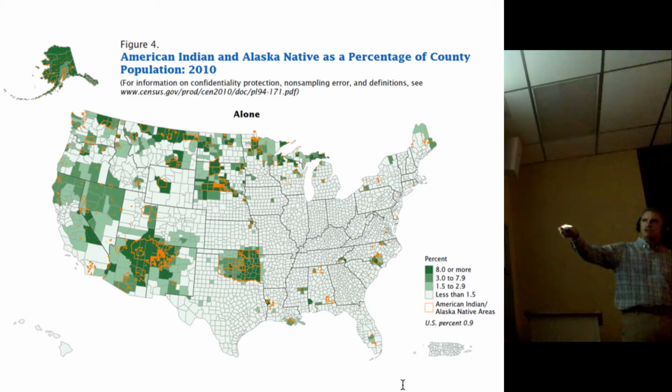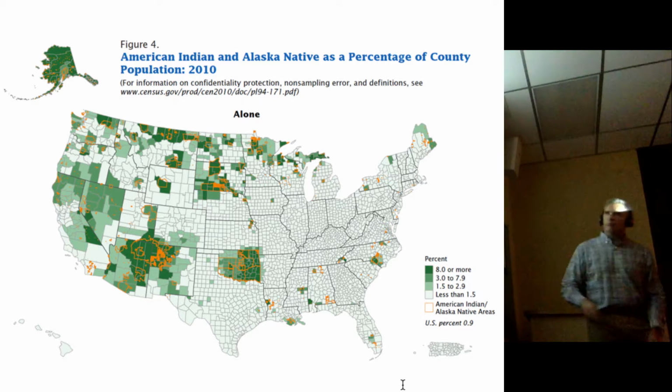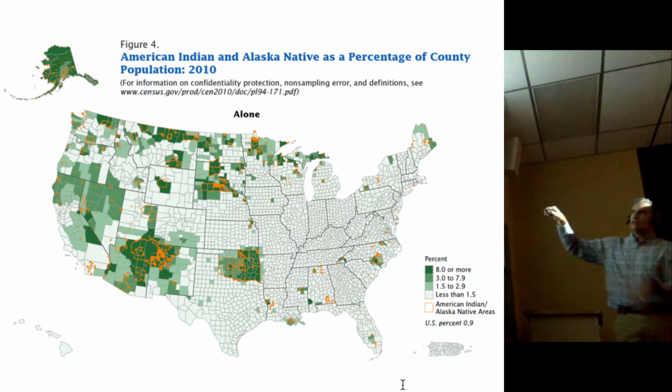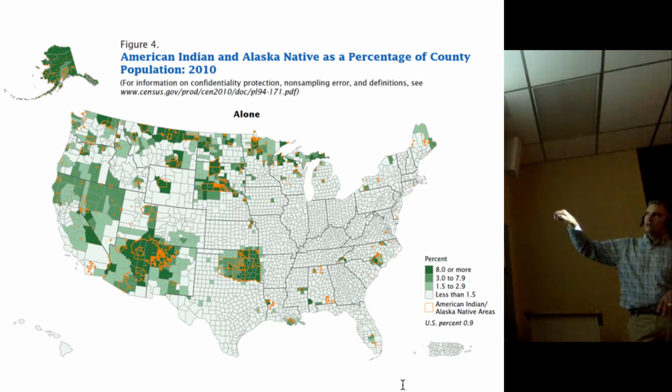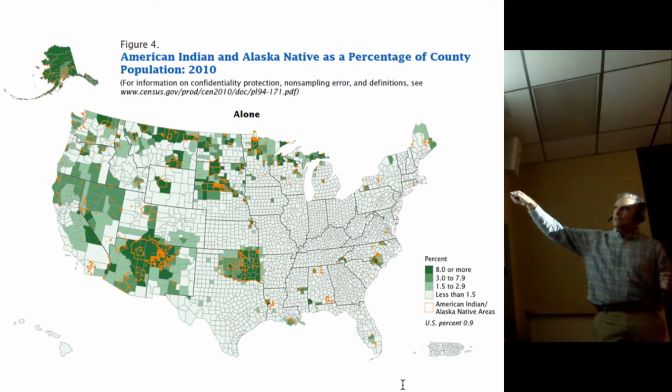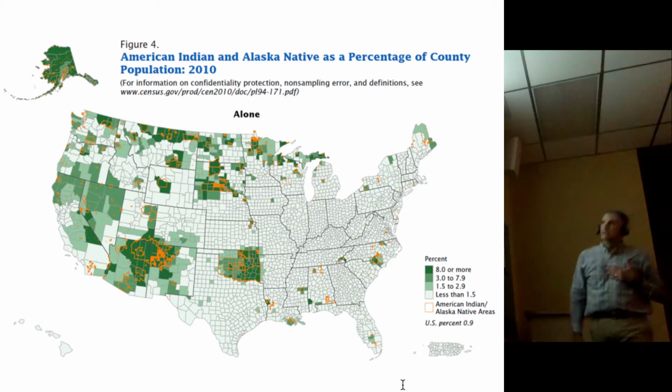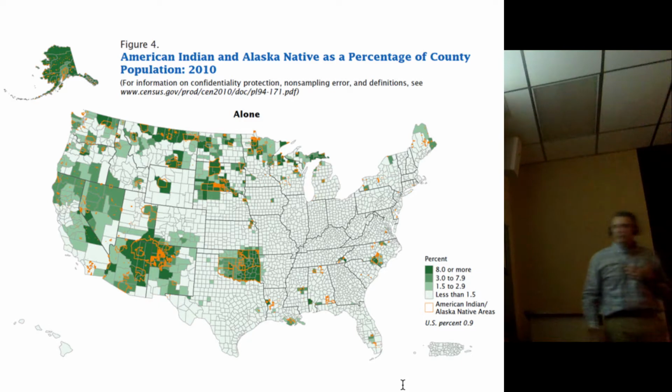They think of the Navajo Reservation. We can talk more about what you're looking at here on the lines. You'll notice you can see the counties, and we have something like 3,000 counties in the United States. What are you looking at here in Oklahoma? How many reservations do we have in Oklahoma?